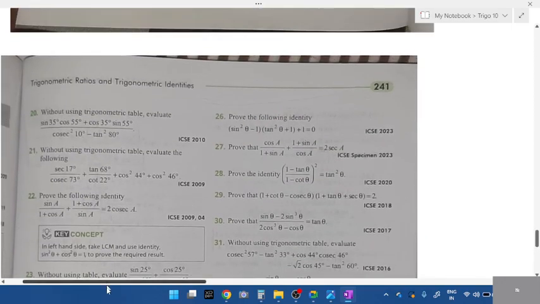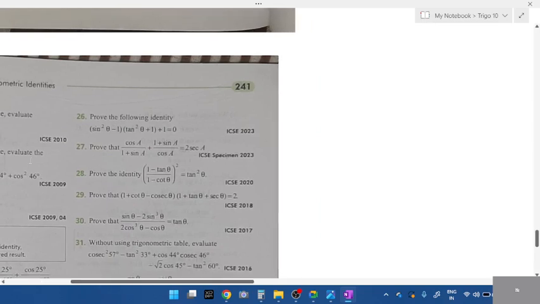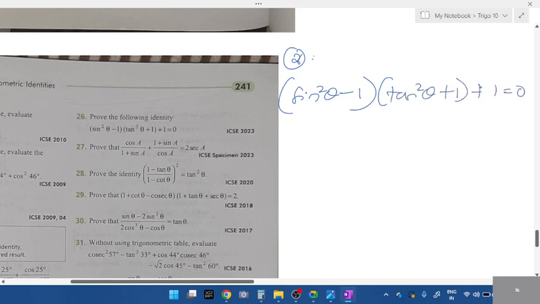Try this question, all of you. How will you all solve this, students? 26, 2023 paper. 4 marks question. Look at the 26th one. Copy this question. sine square theta minus 1. What is sine square theta minus 1? Cos square theta, right? I want all of you to answer, cos square theta into